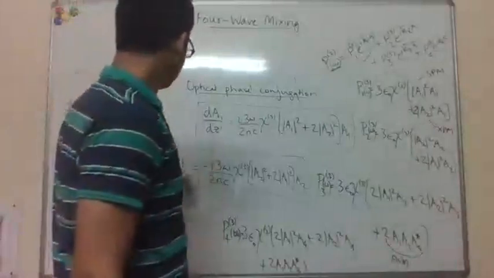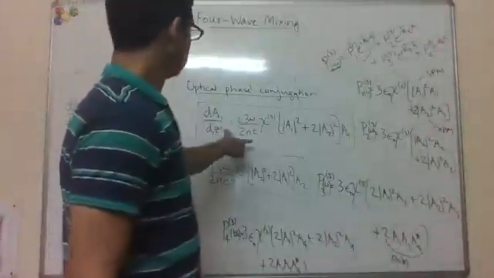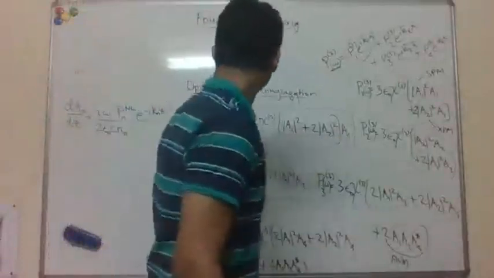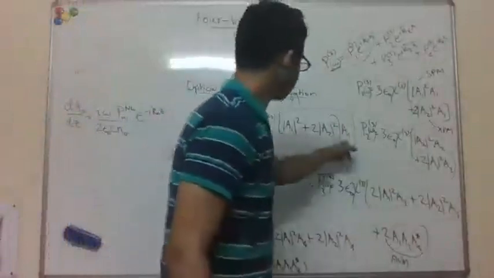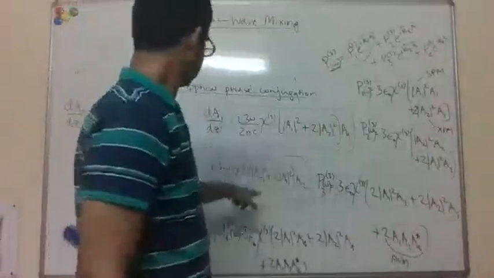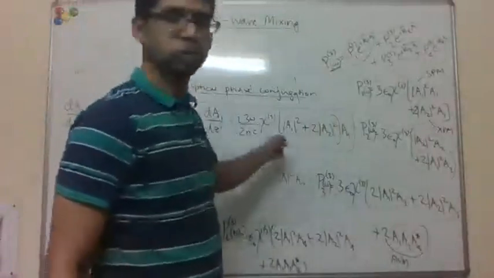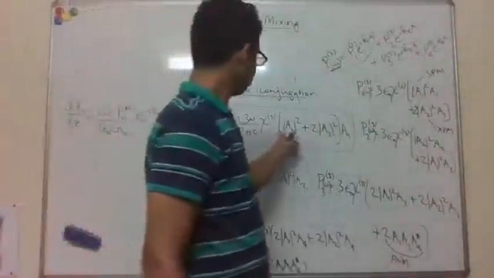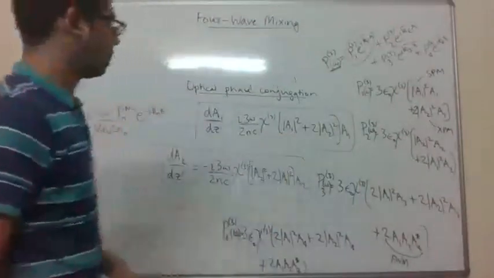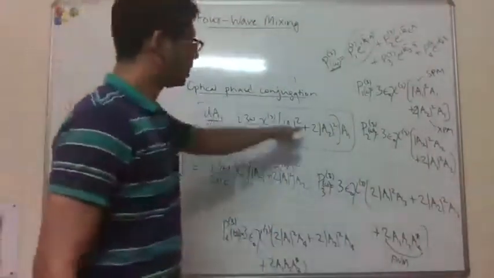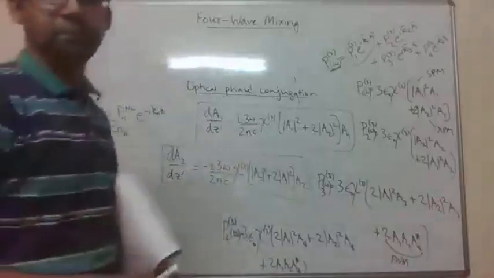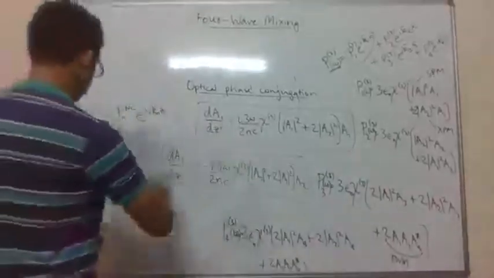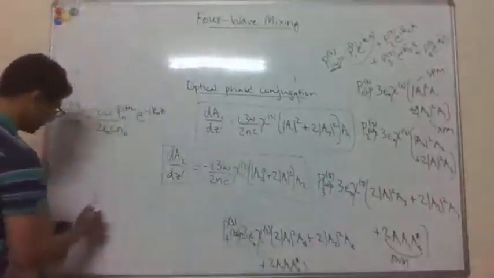Right, so you can see the equations for A1 and A2 look like something times, right? So dA1 by dz is something times A1. So this looks like a phase. Similarly for A2. So A1 and A2 just acquire phase shifts, which is a combination of the self phase and cross phase. So the solution to A1 and A2 is straightforward. Right? So A1 of z I can just write